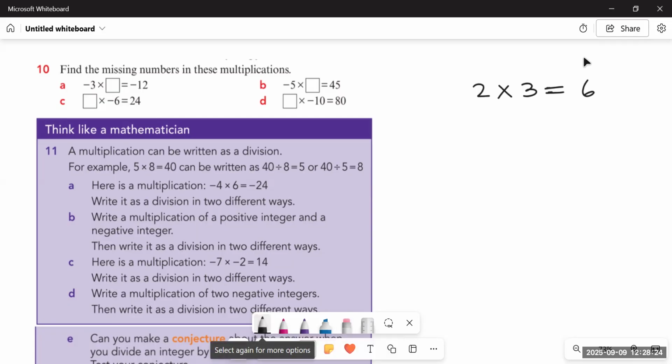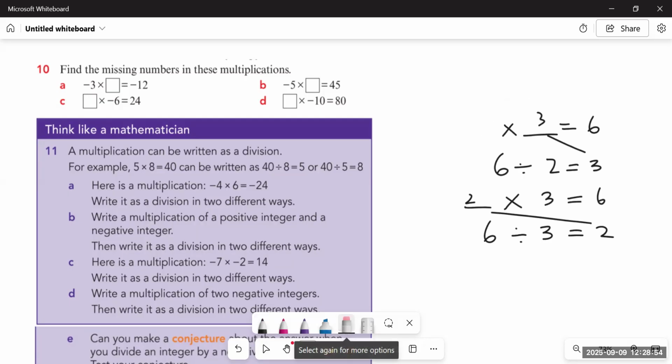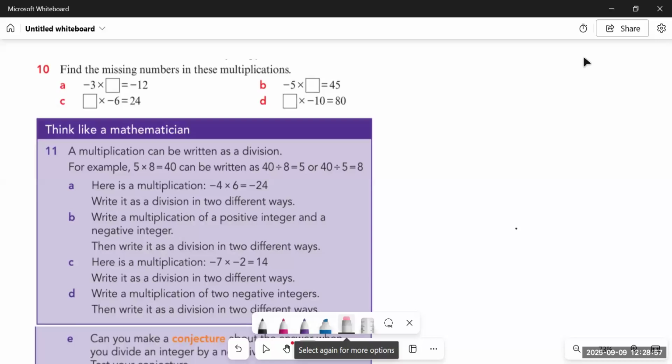So if 2 multiplied by 3 is 6, then if we are not having 3 but 6, so how can we find 3? We can simply divide by 2 to get 3. So here comes 3. And if I write it like this, then also the same thing would happen. We will divide it with 3. So the answer would be 2. Here comes 2. You see? So if the multiplier or the multiplicand is missing, we are going to do the inverse operation. How? Let me show you.